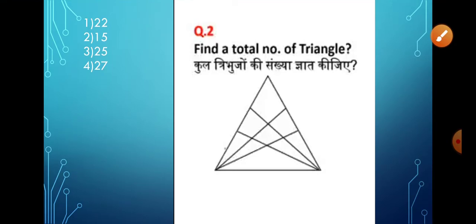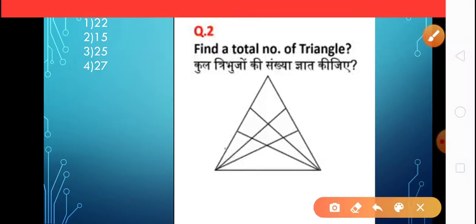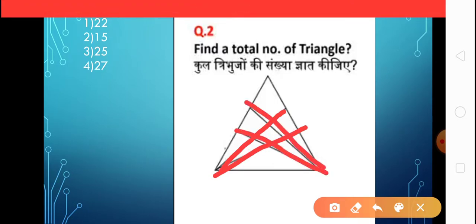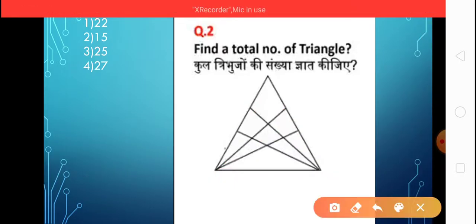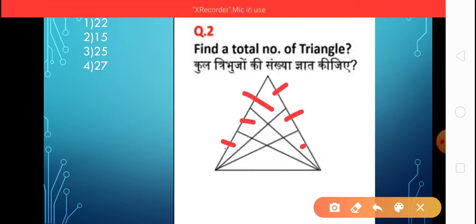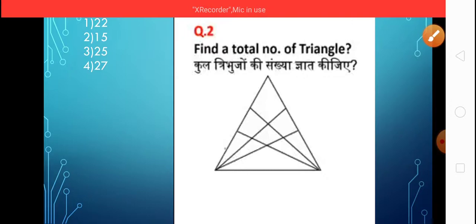In this example, similarly, we have a normal triangle and from the vertices of the base two lines are emerging out up to the opposite side, as we have seen here. Similarly here and here also, and these lines are dividing the opposite side into how many parts? 3 parts. 1, 2, 3, and similarly on this left side also. So according to the shortcut trick, how many triangles will be there?